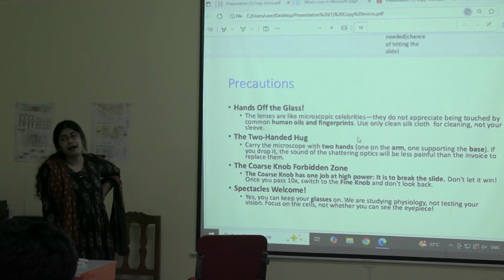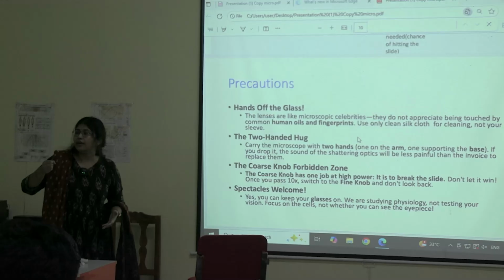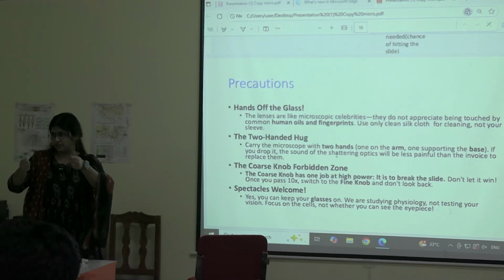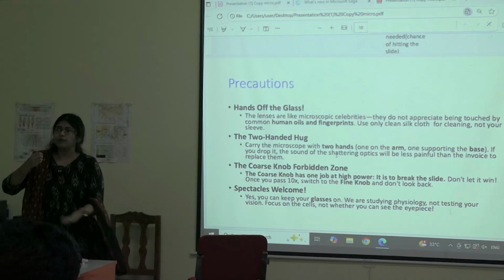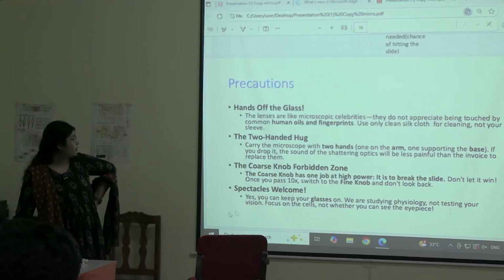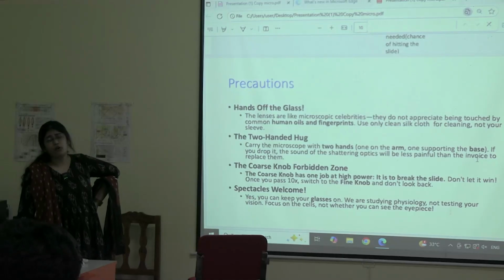Have the two-handed hug. What is the two-handed hug? Carry the microscope with two hands: one on the arm, another supporting the base. Don't hold it by the stage. If you drop it, the sound of the shattering optics will be less painful than the invoice to replace them.